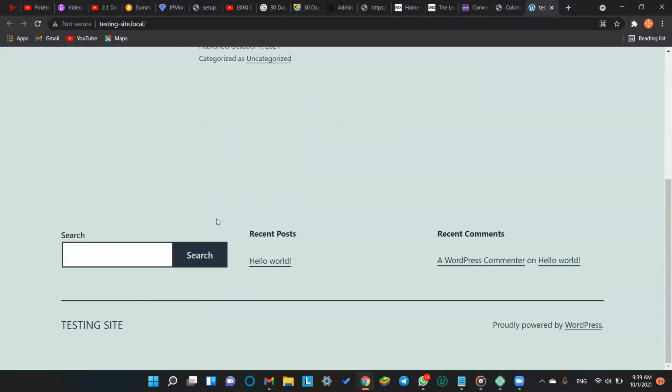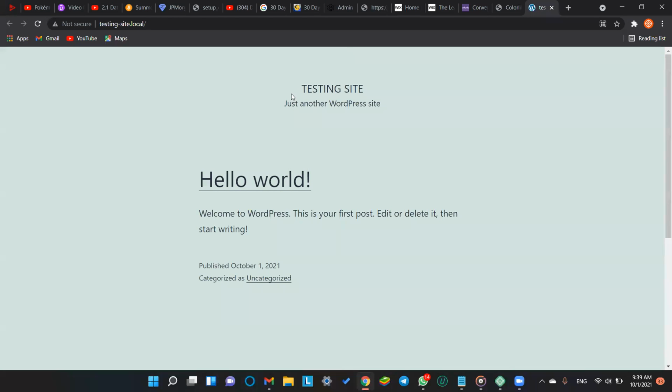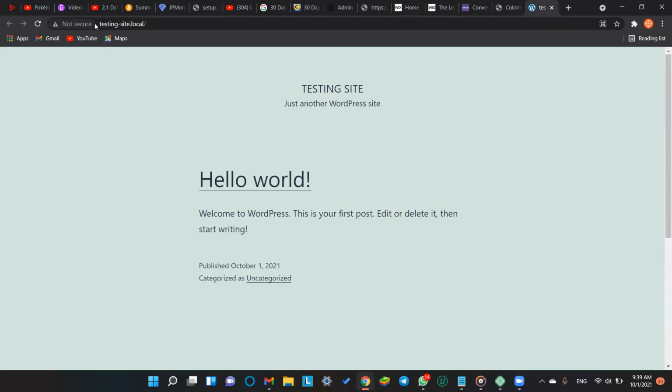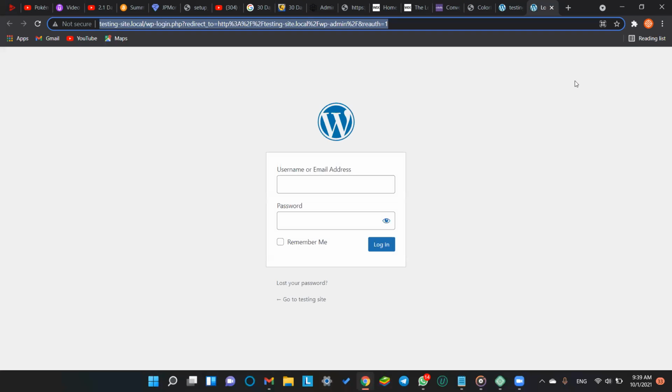So this is the site we just now created, a WordPress site. To edit things, as you all know if you are familiar with WordPress, we can edit everything of this website from the backend, which is the admin side, available here when we click on admin. Or when we are on this site, if we write admin, like local admin, then also we can log in to the admin panel of WordPress.